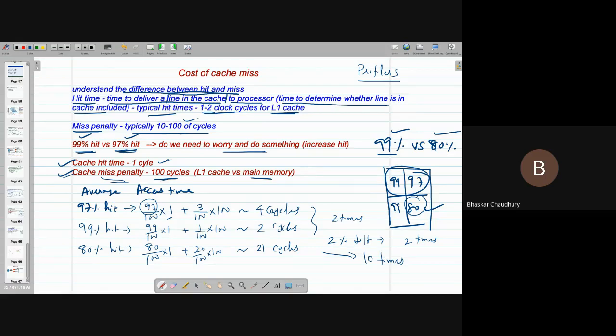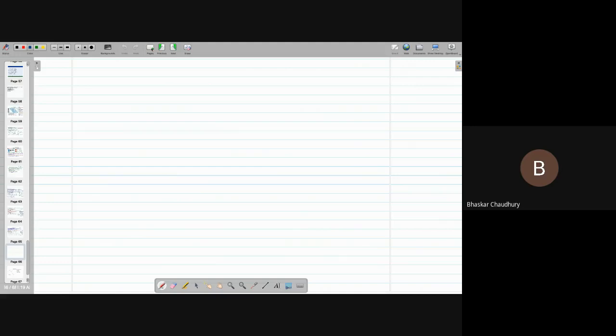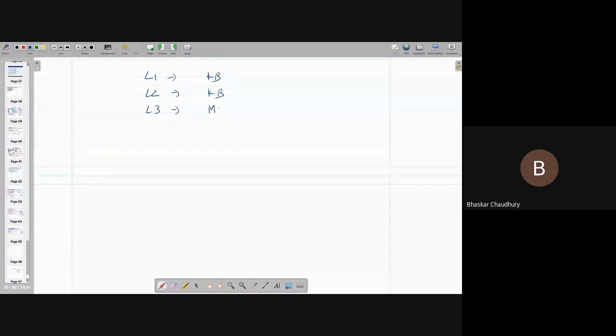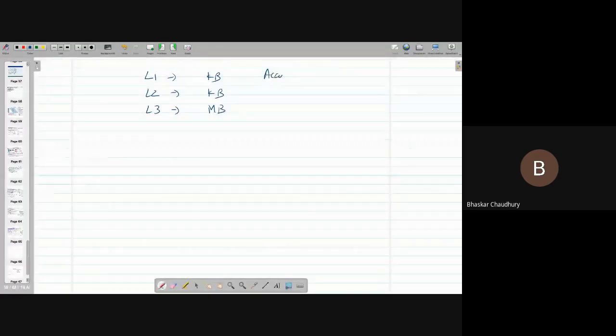I hope these are some of the important things which I've already discussed. Now let me summarize a couple of things before we go to the next topic. One important thing is that all of you, in your next lab, should once again look into the data, quantitatively, how much it is. L1, how many KB; L2, how many KB, and this you should look into in MB. And then typically what is the access latency? That also you should look into.